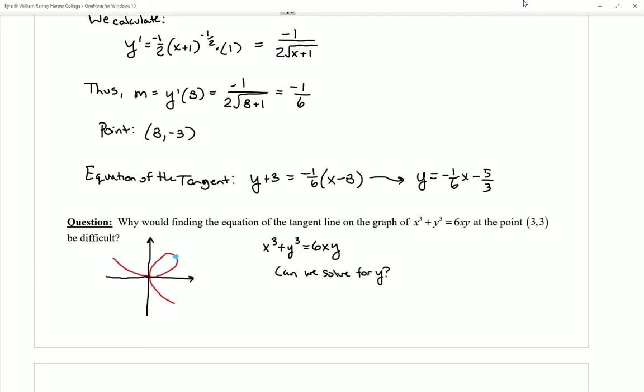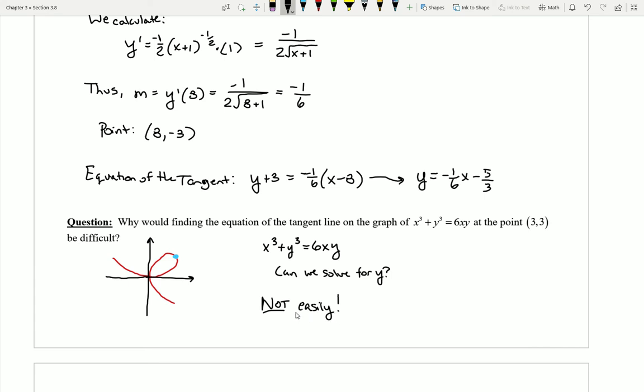This is actually going to be difficult. This is really difficult. How in the world are we going to solve to have this say y equals? Well, I'll answer the question here not by saying no, but instead by saying not easily. There is actually a way that we could solve this for y, and that would be using something called the cubic formula. Now, if you've never heard of the cubic formula, it's kind of like the quadratic formula. The quadratic formula was used to solve any quadratic equation,